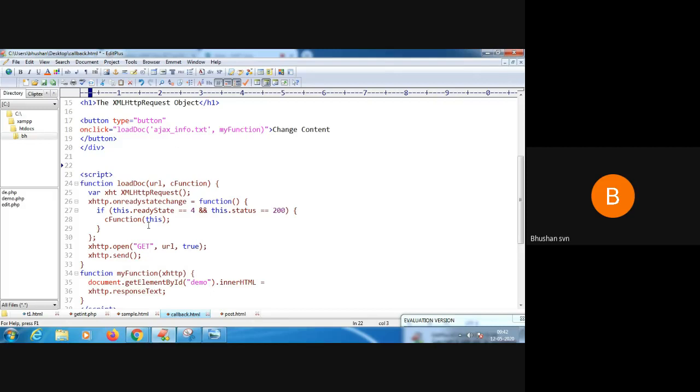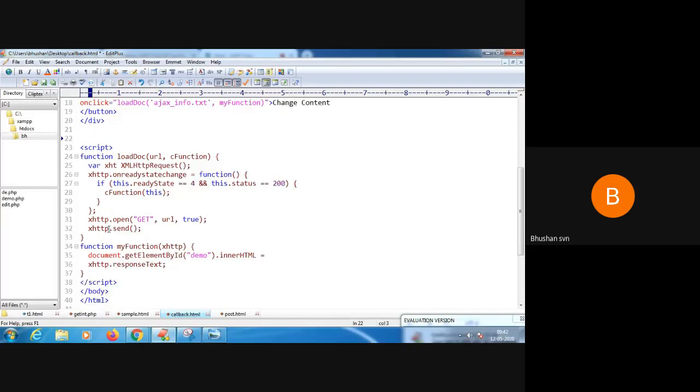That means this function here, cFunction, is passed as a parameter called myFunction. Next, you are using the open method. You are going to use the GET method and the URL. This is the typical syntax of an open method.